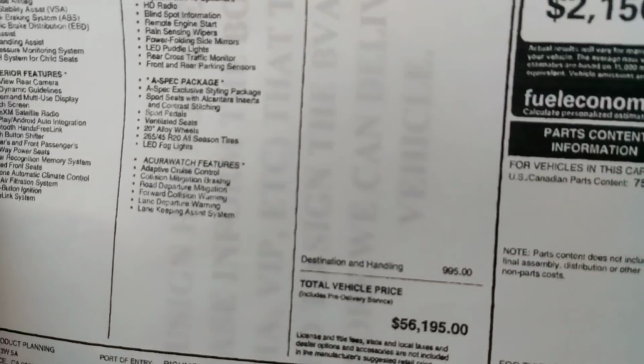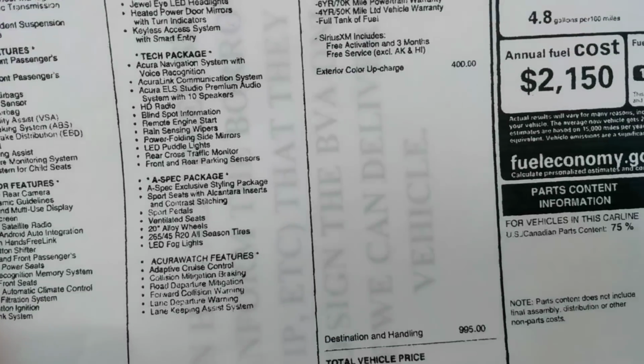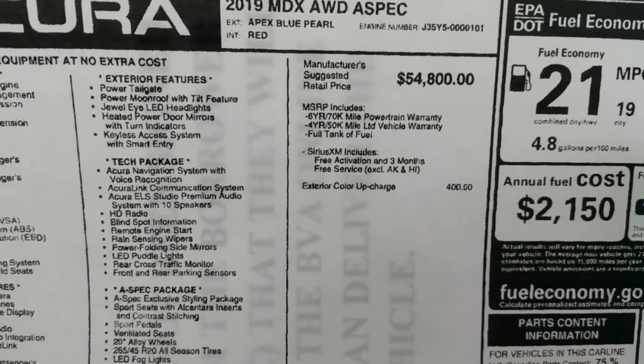And yeah, it has features on it. It's the A-Spec tech package, and what I really want to get here is